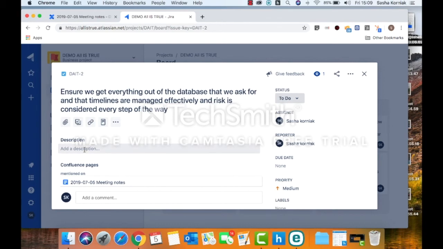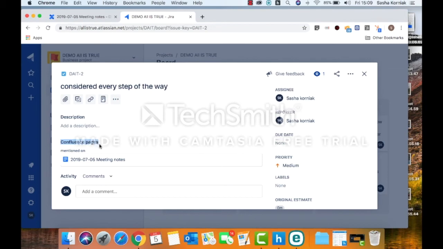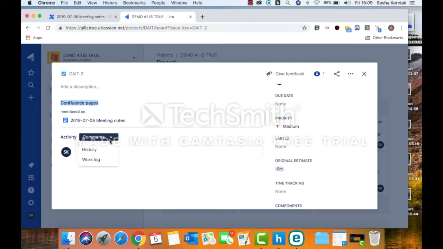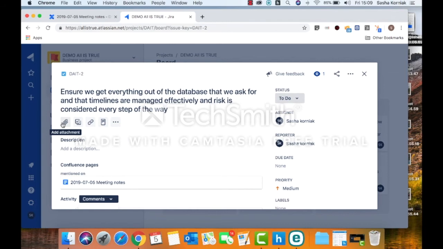Also on the side here we have more detailed information that could be created. We can also see where it's linked and where it's mentioned in Confluence pages, and we can also see the work that's logged and the history that would be there as well. We can attach attachments and files. We can create subtasks and also assign those to other individuals. We can link issues together, which means that there can be common collaboration.